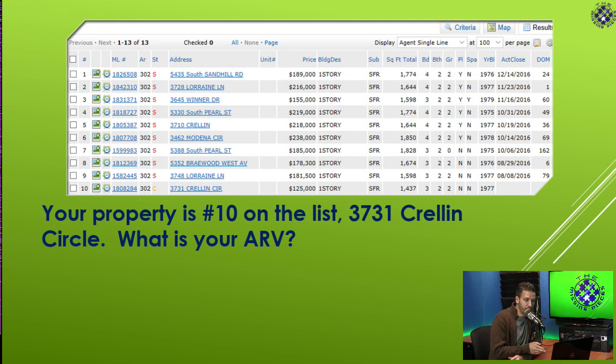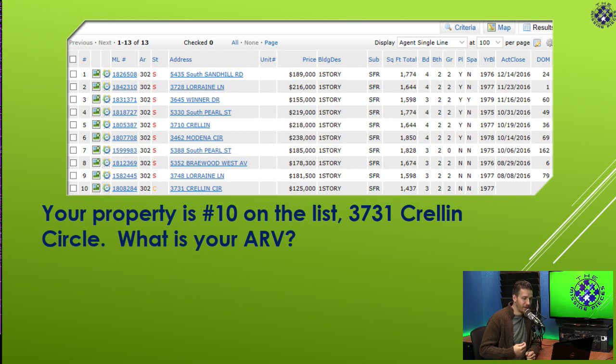Now, as we're looking through these first 6 sales, they all have something in common. They all have a pool. Now, this is in Las Vegas, and it gets hot in Vegas. People enjoy their pools in Vegas. That pool has added value. Now, if you're in Minnesota, I've had people tell me that pools don't add value there. Some of them still add value depending on your neighborhood.